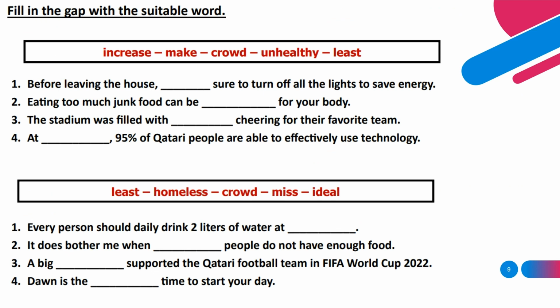Now let's move on to this question. Increase, make, crowd, unhealthy, and least. Here we have 5 words that need to be filled in 4 blanks. So one is extra. Before leaving the house, sure to turn off all the lights to save energy. قبل إنك تطفي الإضاءة قلنا before leaving the house, sure